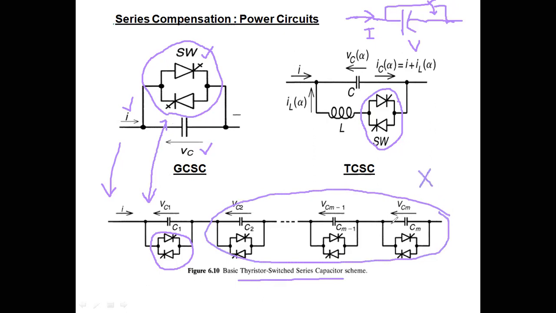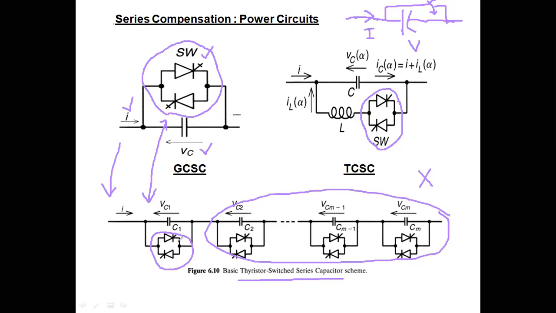After seeing this, you may feel it is difficult, but here you see only one circuit. In this circuit, the capacitor is as it is, the current passing through the capacitor we assume is I, and only in these devices we had GTO, but that is replaced with a thyristor. So this becomes a thyristor switched series capacitor. Then you may ask, why is it a thyristor switched series capacitor and not a thyristor controlled series capacitor?